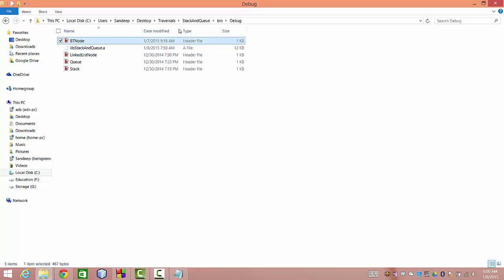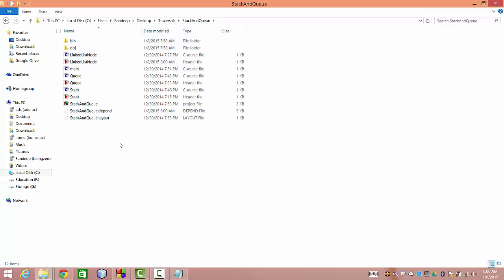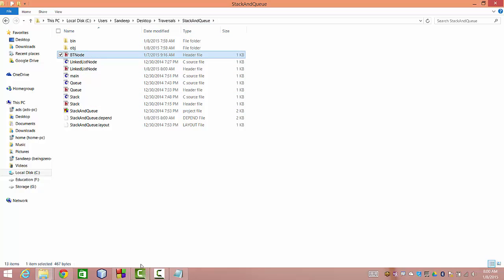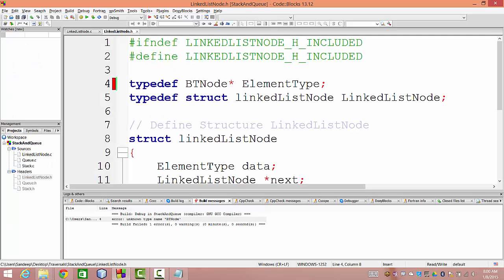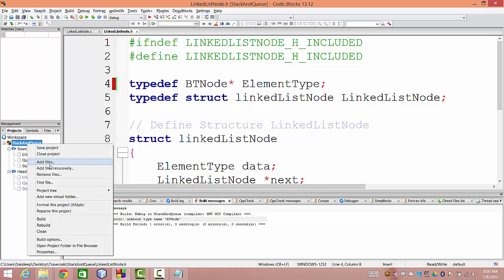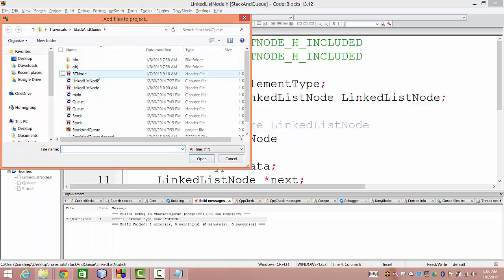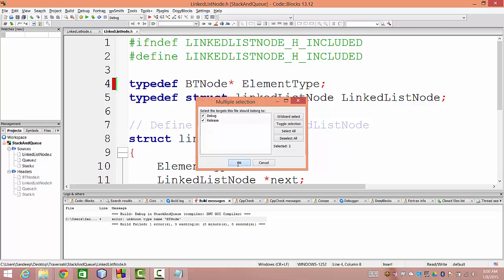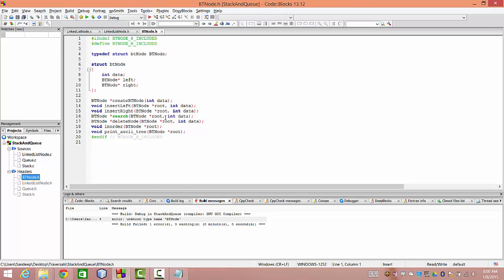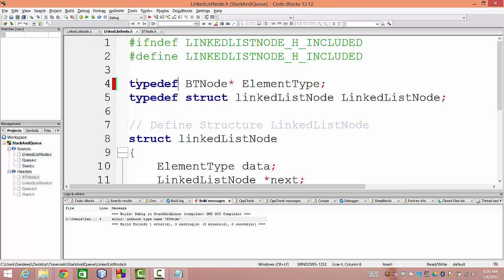I'll paste it here so that we don't forget to copy in the headers. And second, let me put it here also. So here we have just pasted. We have to include that in our project. So right click and say add files. It will show all the files that are there. One file we have added. It comes as part of this project. So the file is there, and do hash include